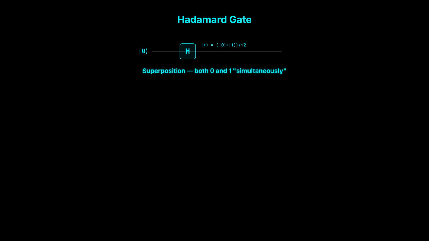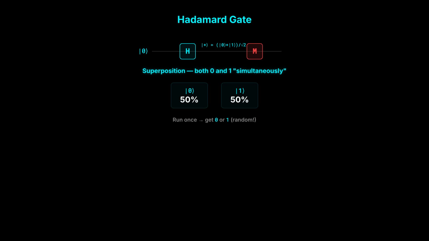If we start with qubit A, that's in state 0, we apply a Hadamard gate to it. In an ideal theory, once you measure that qubit A, there's a 50% chance it's a 0 and a 50% chance it's a 1. Once you run that quantum program once, you would either get a 0 or 1. But when you run it many times over, that's when that 50-50 pattern is revealed and you get more of the bigger picture.